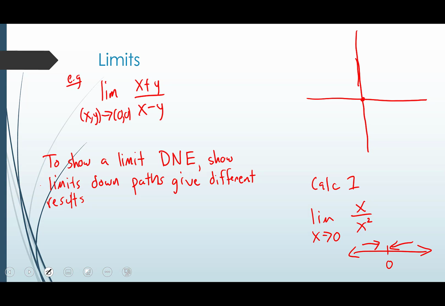All right, so to show that this limit does not exist, remember we're taking the limit as (x,y) approaches the origin. So we can think of a couple of paths that approach the origin. We can approach the origin from the x-axis, i.e., if we're along the x-axis, that means y is 0. We can approach (0,0) from the y-axis, which means x is equal to 0. If we want to be really fancy, we could travel along a parabola, for instance, i.e., y equals x squared.